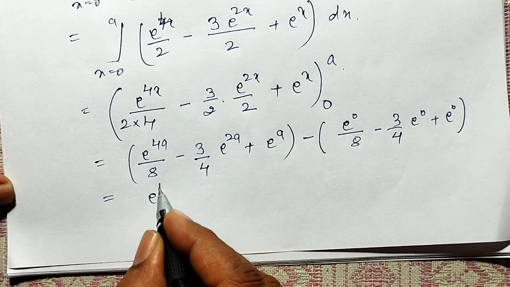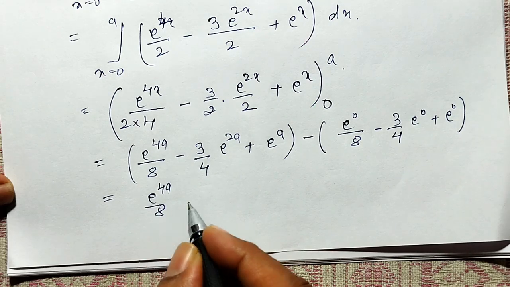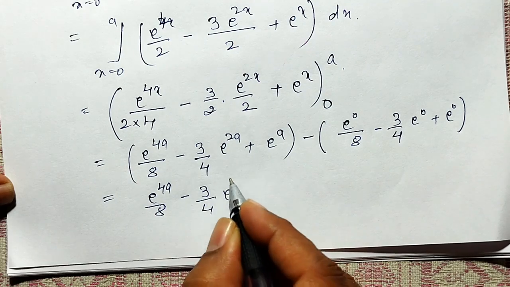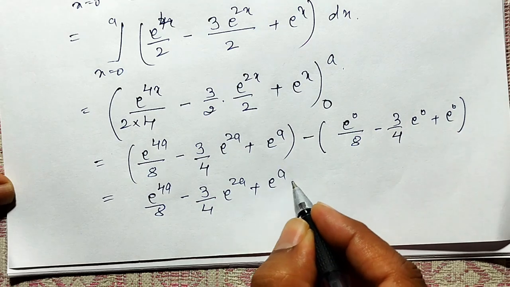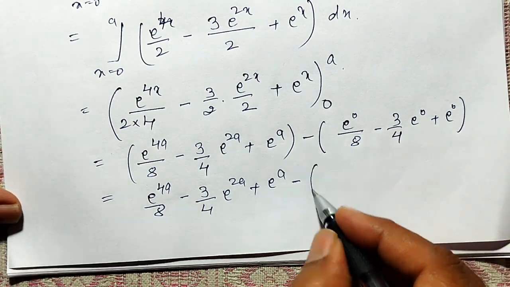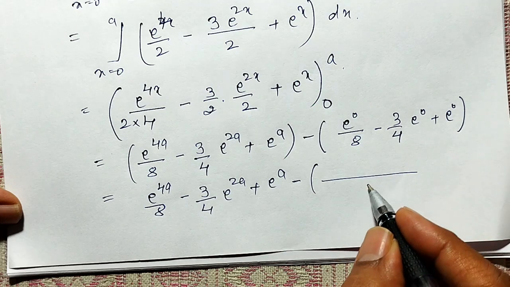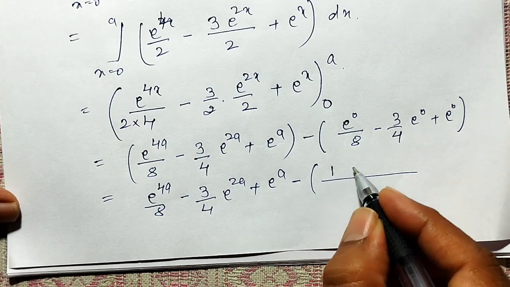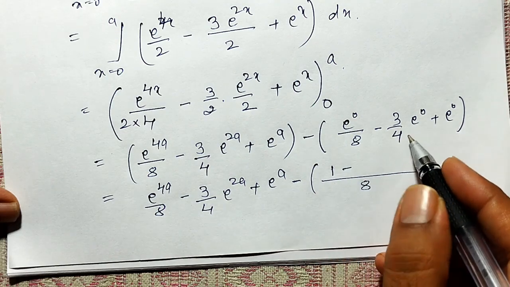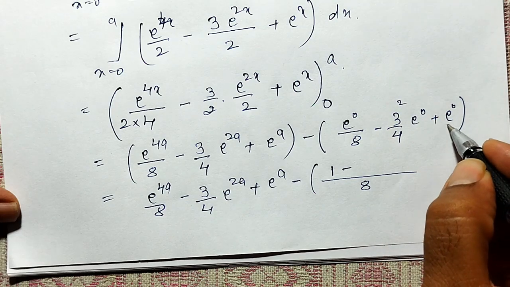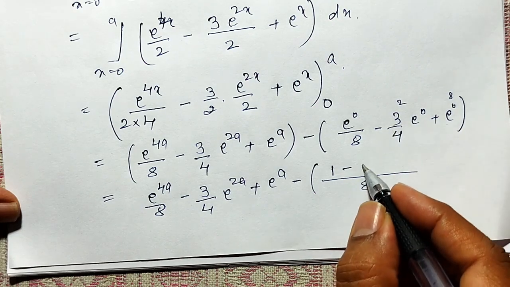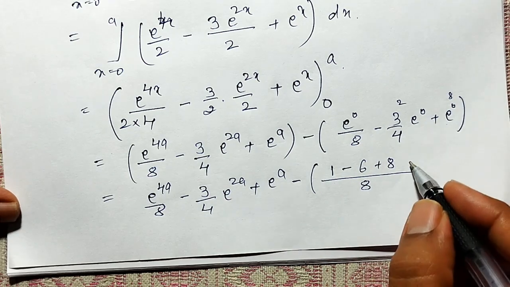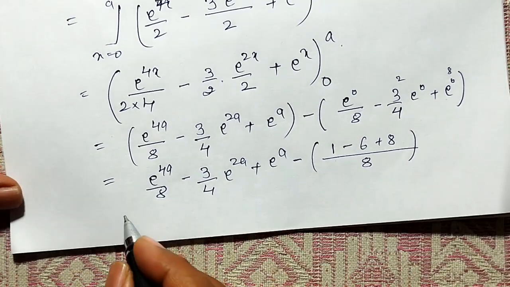e raised to 4a divided by 8 minus 3 divided by 4 times e raised to 2a plus e raised to a, minus. This one I will simplify as minus, I will take LCM as 8 here, okay, this is 1 and this is 2, 4 2s are 8, minus 2 I have to multiply here, and this is divided by 1 where I have to multiply here, 8, minus 6 plus 8 into 1, because e raised to 0 is already 1. This one I have to simplify, and my final answer